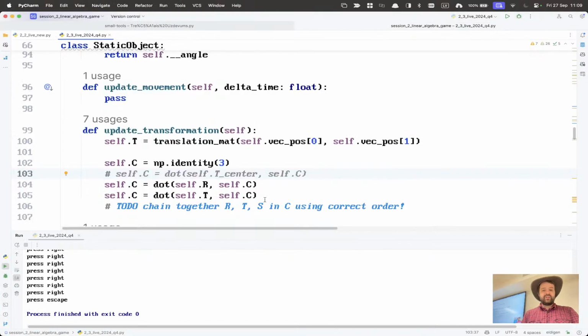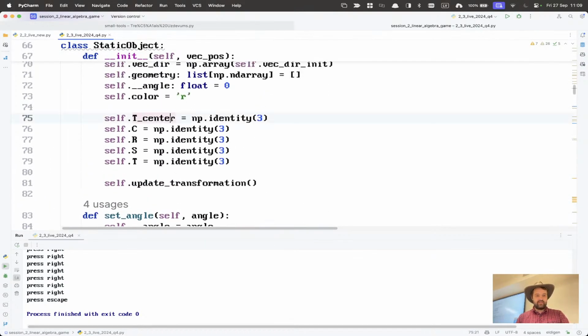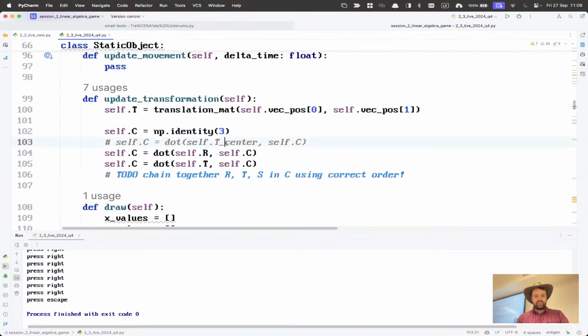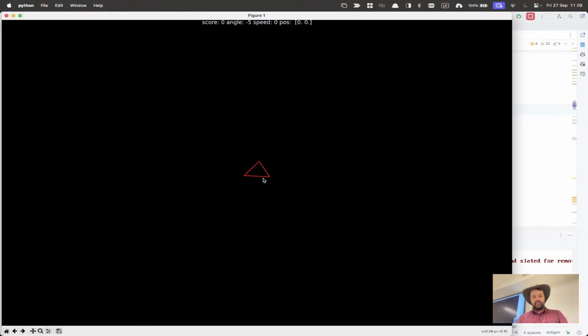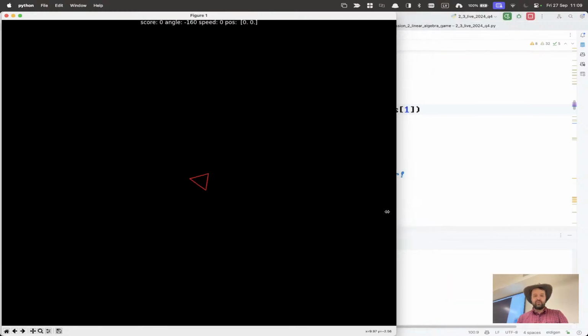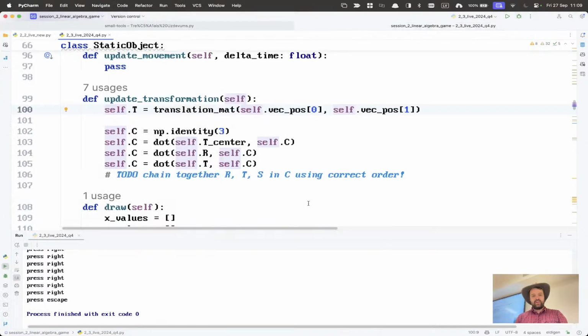And then what else you can do: with this T center, we could actually calculate this T center as well. So basically we can change the place where it's rotating. If I run again with center, it's rotating around the bottom edge. And by the way, it's a little bit deformed because it's not the right aspect ratio. Now it's better. It's rotating around the bottom edge. But if I would like to rotate it around the middle part, I could calculate something like this: self.T_center,